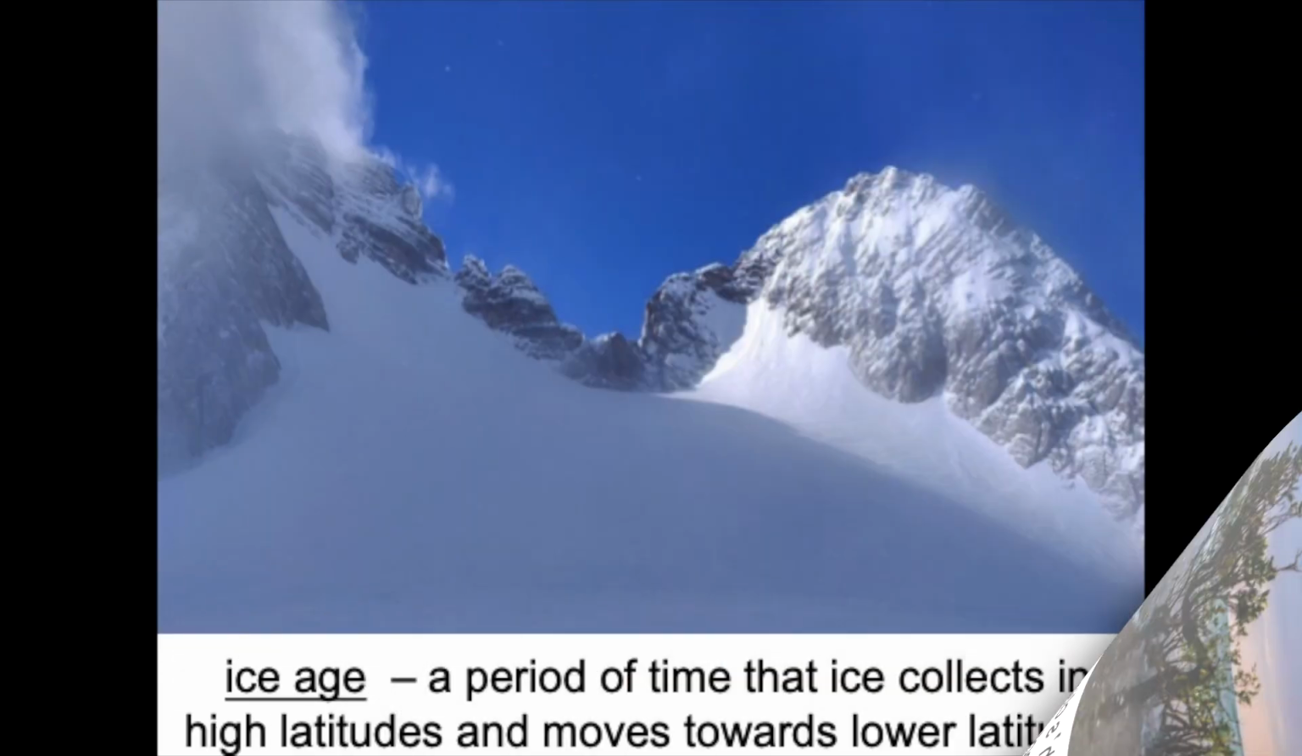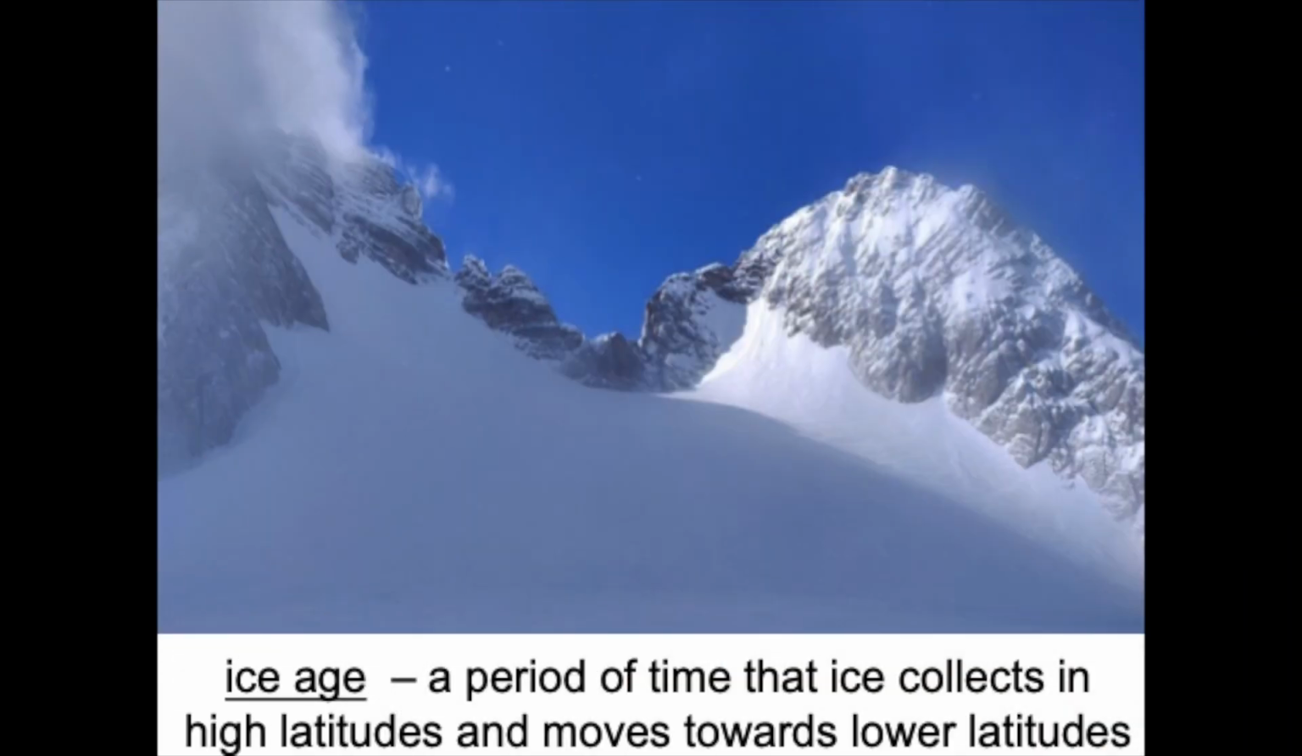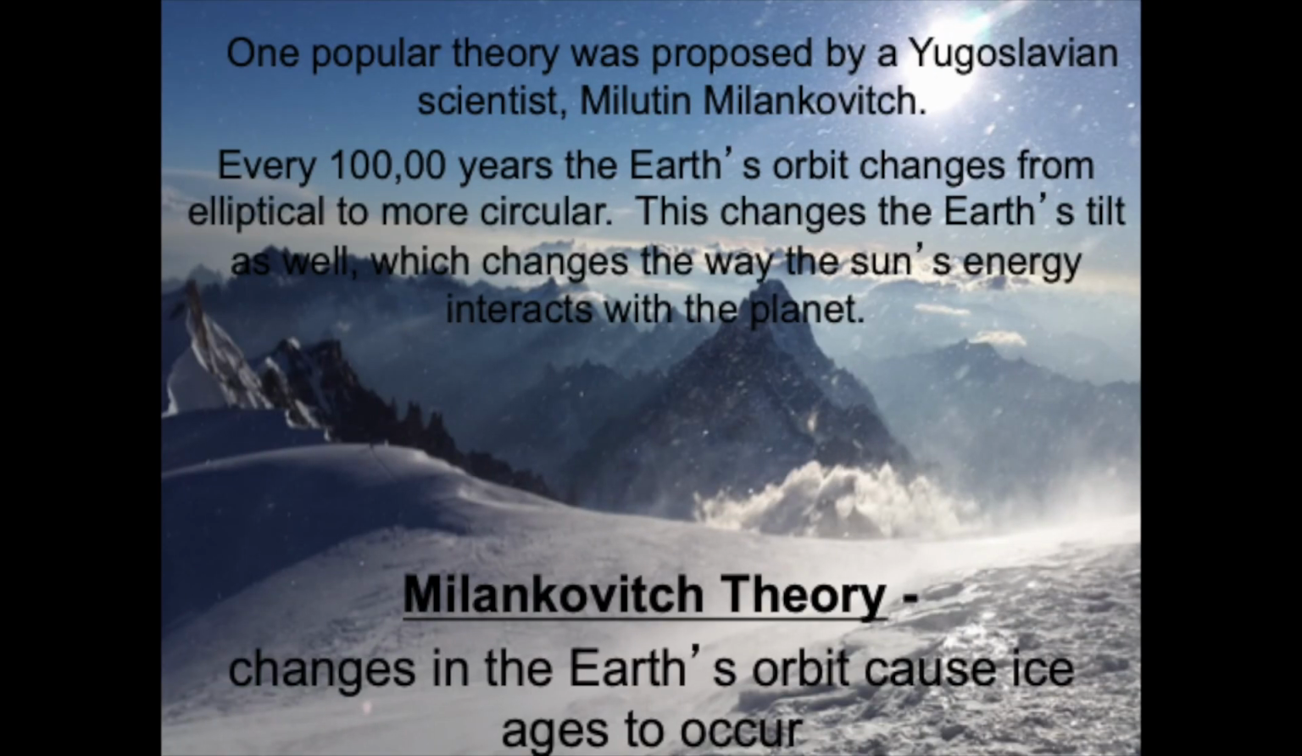And you know this as an ice age, a period of time that ice collects in high latitudes and moves towards lower latitudes. We're going to take a look at a couple different theories. One theory that was proposed by Yugoslavian scientists is that every 100,000 years the Earth's orbit changes from an elliptical to more circular orbit, and of course the tilt of the Earth also changes, and in return this changes the